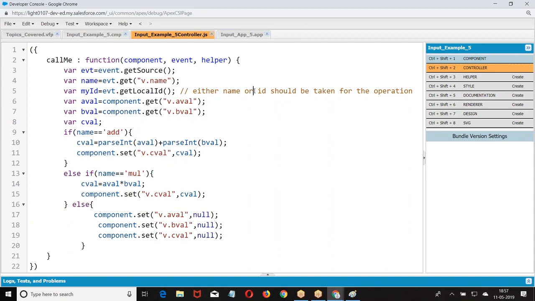Okay. Now, till now, in all the examples I have done here, I have taken input elements and stored the values in attributes. Now, I want to read the values from the input elements without attributes. When I click on the button, whatever values I entered in the input components should be passed to JavaScript without attributes. Without using the attribute values, how can we transfer the data from input components to JavaScript? That is the next concept we are going to learn. Okay. So